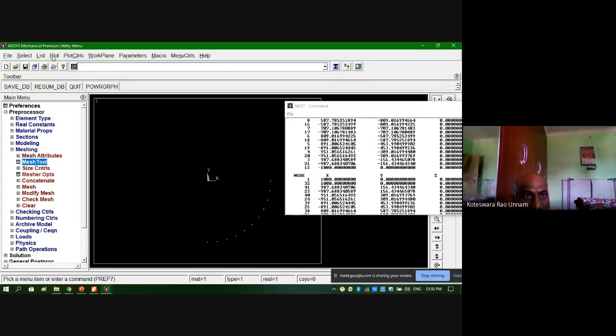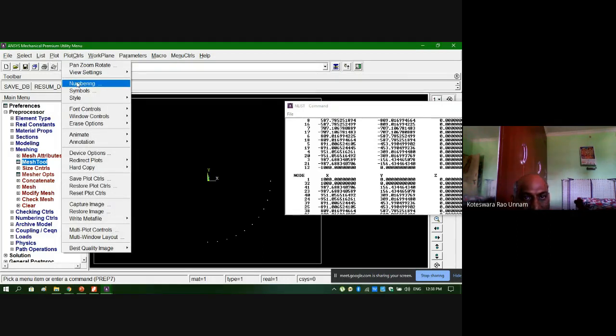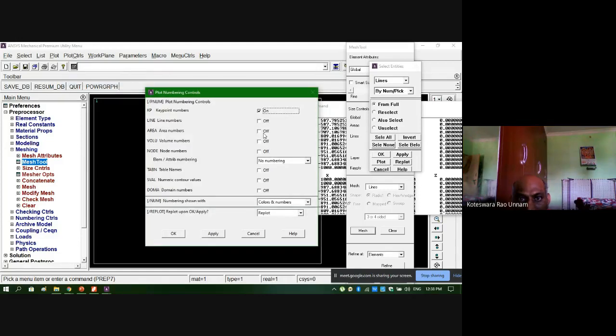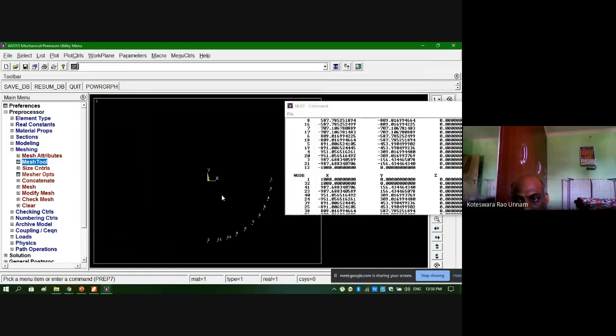So now if I go for numbering here, Plot numbering, if I give node key points off and I'll give the node numbering on, see these are the nodes which are corresponding to this line. So in this line you have node 1 is there, but node 32 is not there. That means node 1 is corresponding to this bottom line and node 32 is corresponding to the top line L4. So that means what I need to do is I need to apply the load to the node 1 and I need to apply the constraint to the node 32.